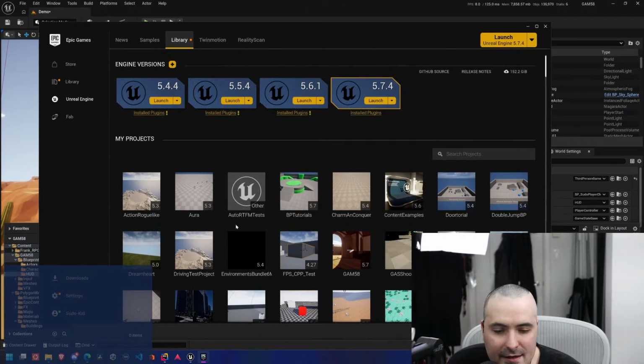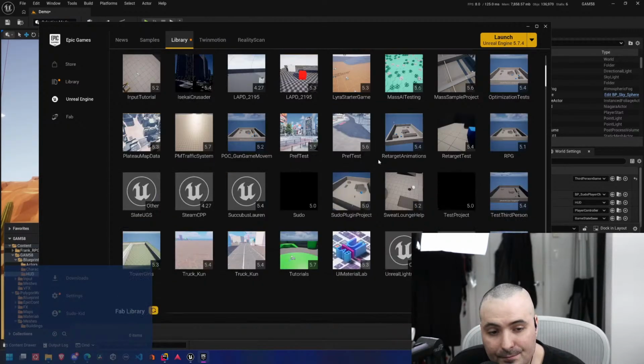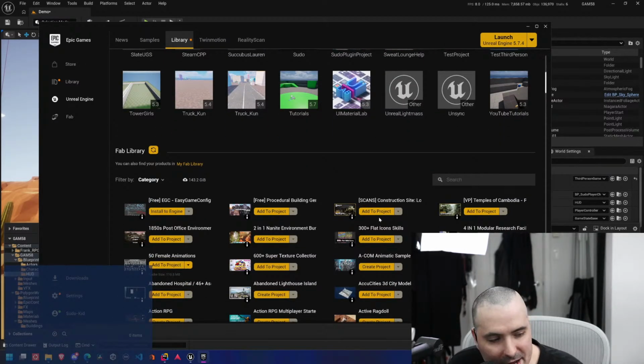I don't like that this is an Electron app, because it's made by Epic, and Epic doesn't know how to do web dev.